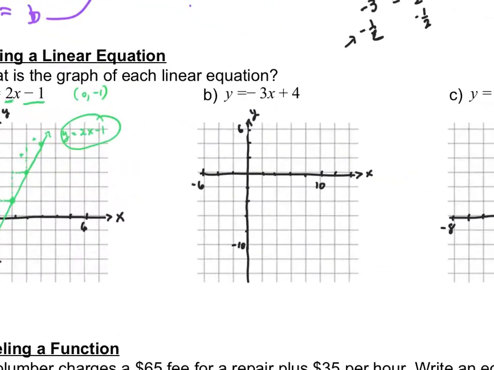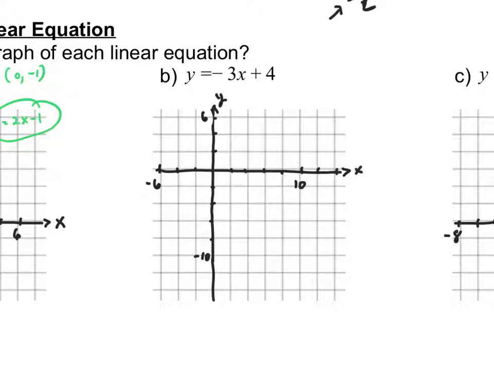I'm going to do the same thing on my next equation. I have y equals negative 3x plus 4. Now the slope is negative, so I know it's going to be going that direction. My y-intercept, or b equals 4, so my y-intercept is 0, 4. Right there is my y-intercept. And then my slope is negative 3 over 1. Well, if I go down 3, 1, 2, 3 over 1, down 3, 1, 2, 3 over 1, and I continue to go down 3 over 1,